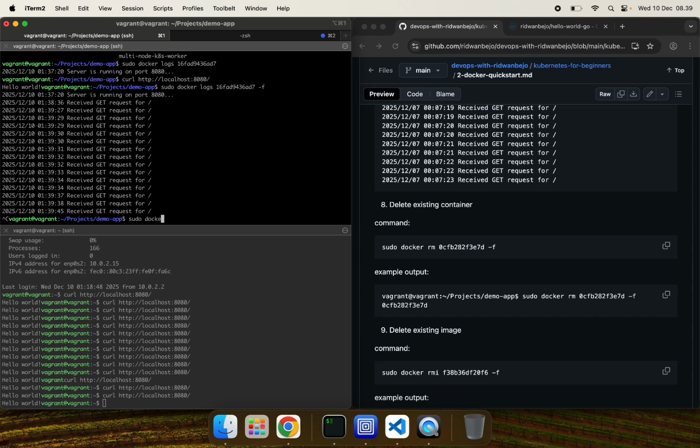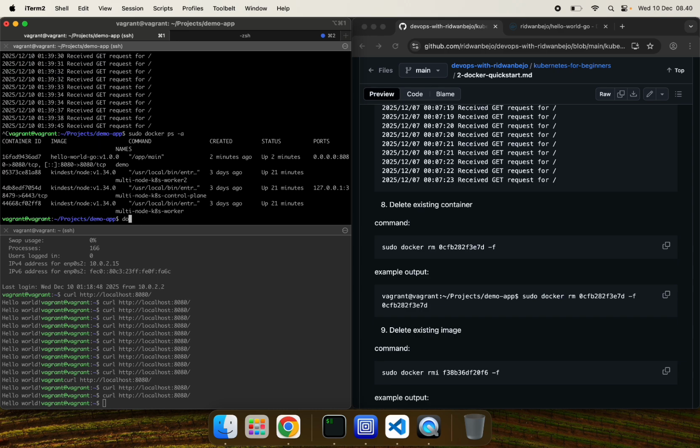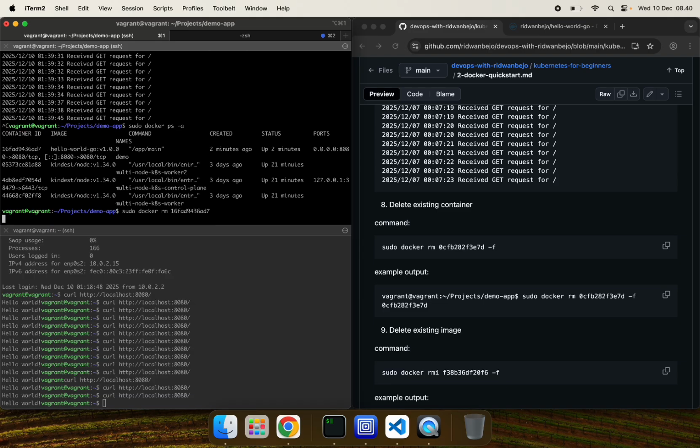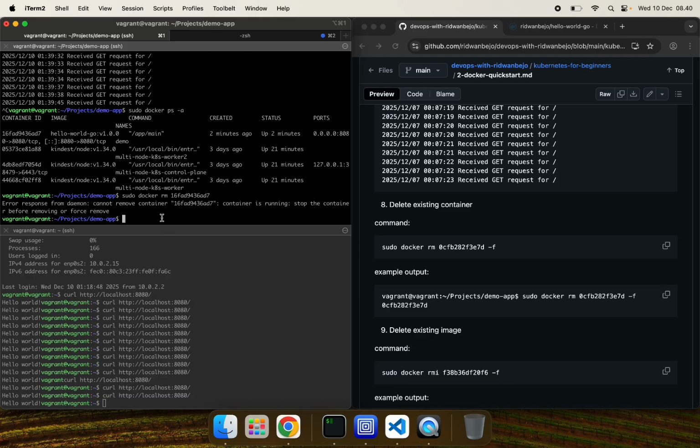So what else can we do with Docker? There is another command which is pretty simple to use, called remove container. But if we don't use -f or force, it will return this response: error response from daemon, cannot remove container, container is running. Stop the container before removing or force remove.